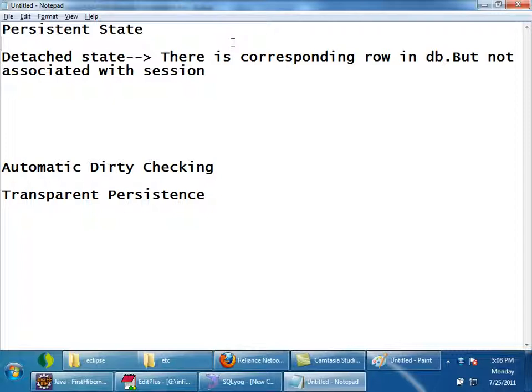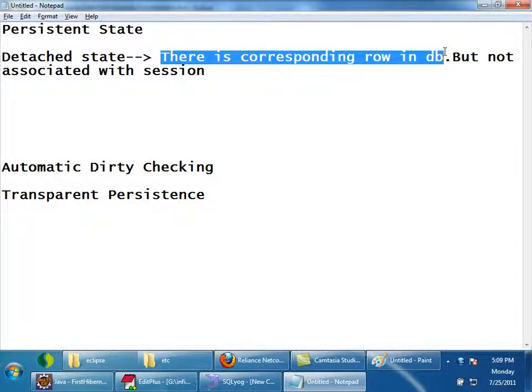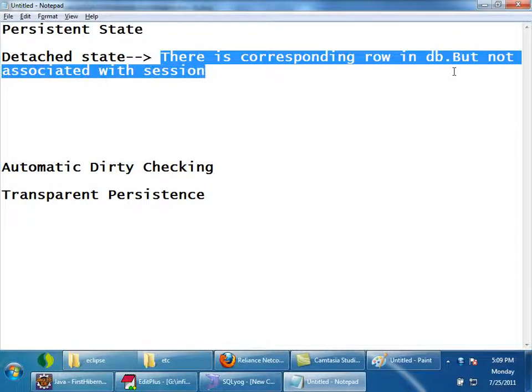So if there is an object which has a corresponding row in the database but it is not associated with any session, then we say that the object is in detached state. Means Hibernate is not going to manage such objects. Hibernate is going to manage only persistent objects.